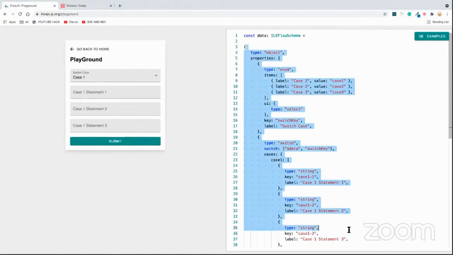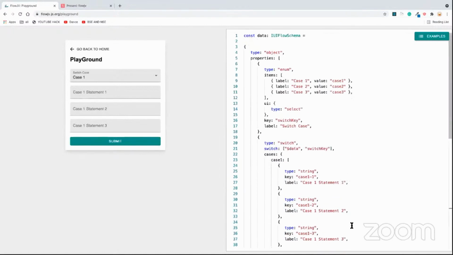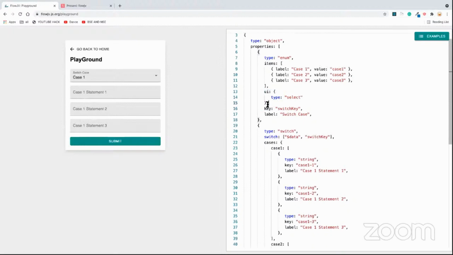So this schema is common for both server and UI. The UI uses the UI part of the information, and the server side just ignores it and validates the data. So it's a unified schema for both UI and server side. This gives us the ability to not duplicate the code, but just keep it in one place.